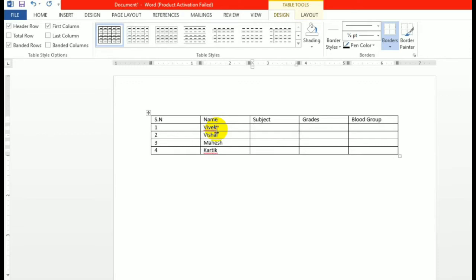I will put some values here, and give subjects like Hindi, science, etc. Today we'll see more options on this table. Now I'm writing a grade here.